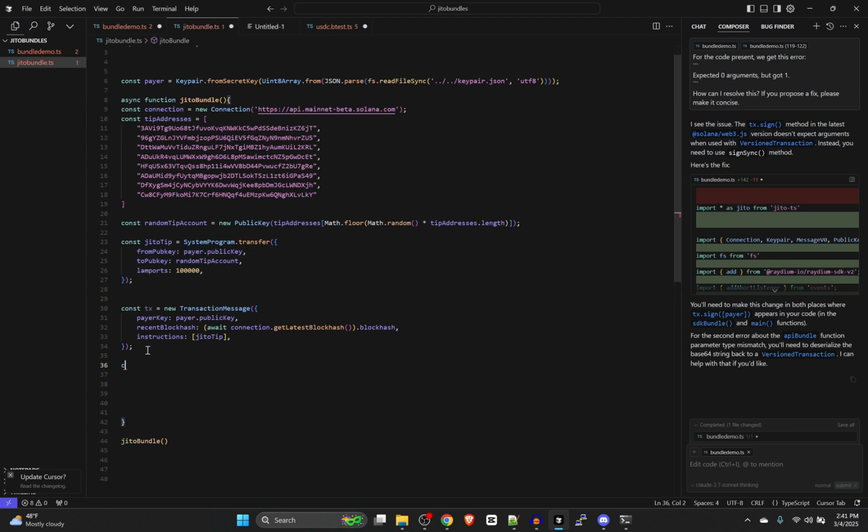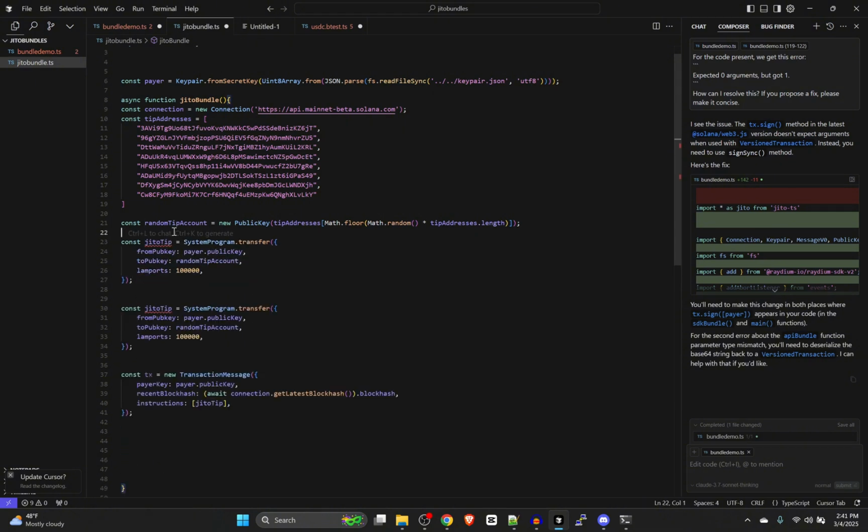And then, well, let's add in something that's an actual something we're doing. So we can just copy this system program transfer. It doesn't have to be a transfer. It can be a swap. It can be whatever you want. But we're just going to send from us to us. What is that? 1 million lamports or 1 billion? What is this? 10 million lamports. Just for fun, just so we have something to include in there. So that would go here